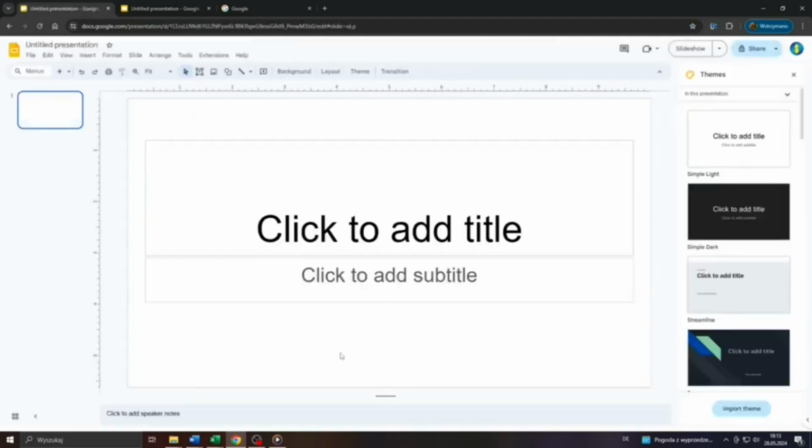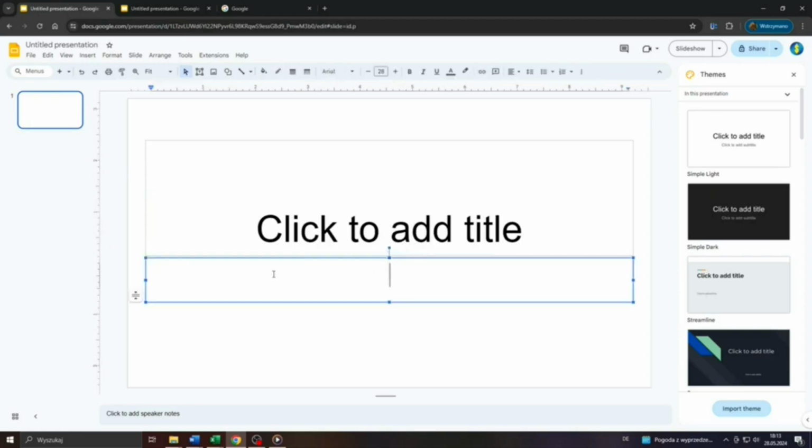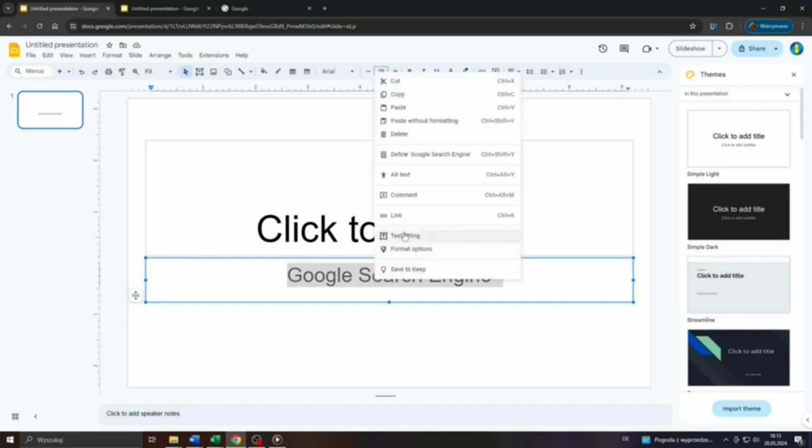And on the next page, select the element you would like to add a hyperlink to, like for example that element here. Fill it with text that is related to your hyperlink, like for instance google.com for the sake of this tutorial. Mark the word or the text you would like to add your hyperlink to, right click, select link